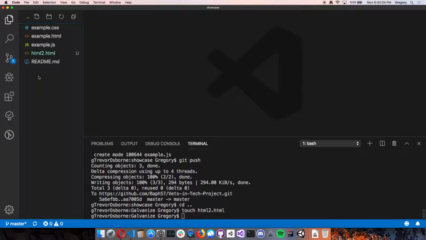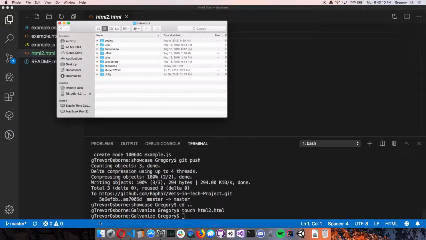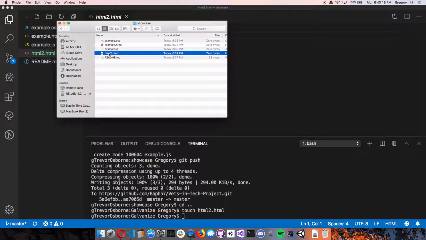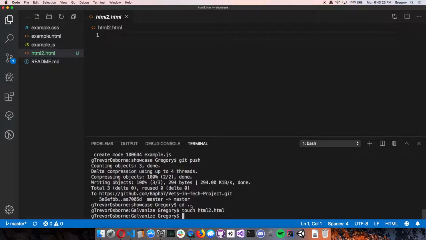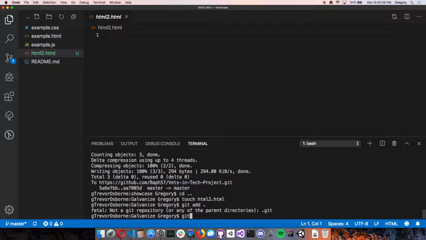If I bring it in here, see, so now we have this U, because this is a GitHub repository. All I did, just to recap there real quick, was create a blank file, and then I dragged it into my GitHub repository, which is showcase. So now we have it inside of here. The same thing. If you've already started work, the reason I'm showing this to you is because you can still do this, and you can type in git add,